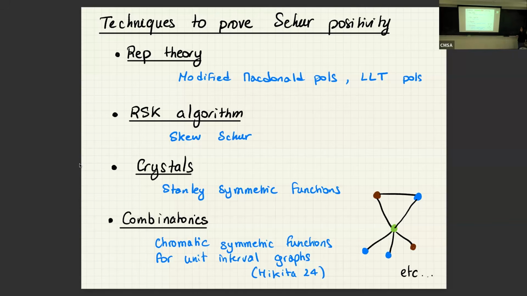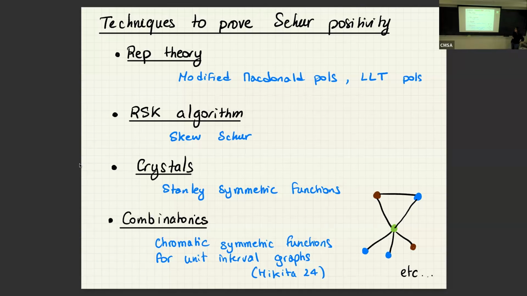But there are many more combinatorial models. So for example, the RSK algorithm can tell you that Q Schur functions are Schur positive. And then something closer to what we study today, using the crystal graph. The crystal graphs were defined by Kashiwara, and I'll explain to you in type A_n what they are. There's a bunch of axioms that define them in a unique way. And using these axioms, you can prove that certain symmetric functions are Schur positive. This was done for many symmetric functions.